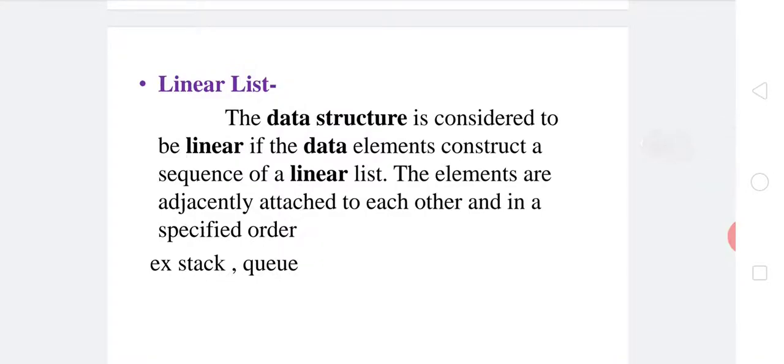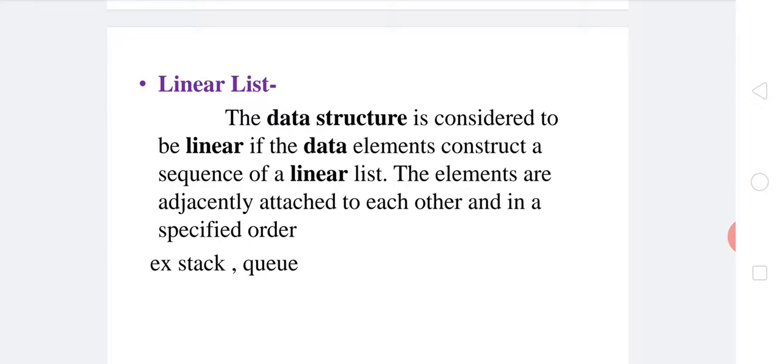The first point is linear data structure or linear list. The data structure is considered to be linear if the data elements construct a sequence or linear list. The elements are adjacently attached to each other in a specified order.